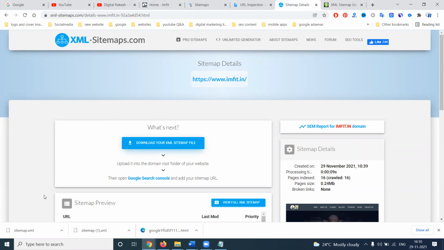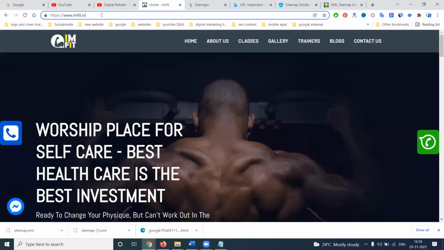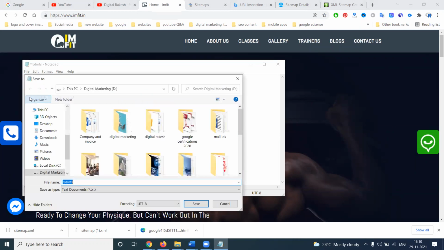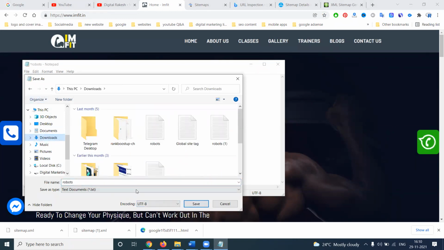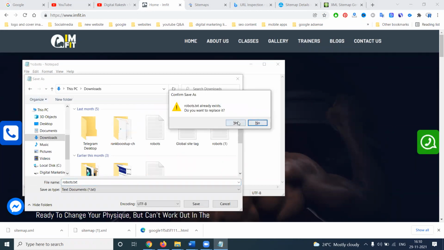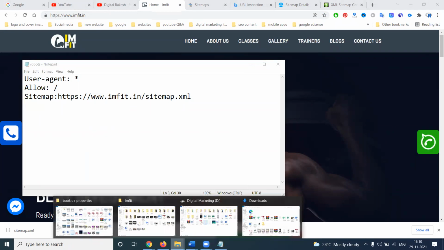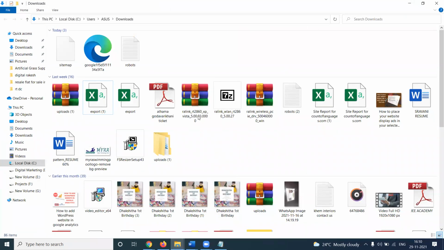Next, the Search Console appearance purpose. Copy the entire URL. We can create a file called robots.txt. This file is based on the XML sitemap, and we can upload the file named robots.txt. Save as robots.txt. The file name is robots.txt. Don't forget the file name. This is the name: robots.txt. So go to where you downloaded it and open it. It is perfect.